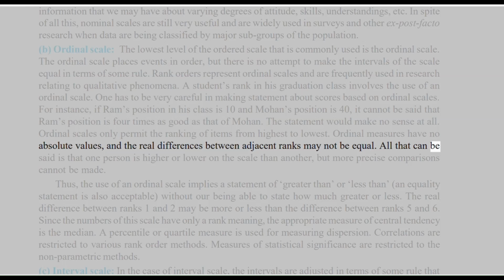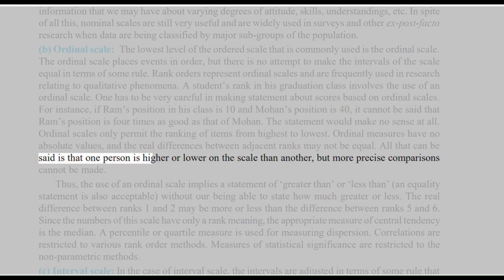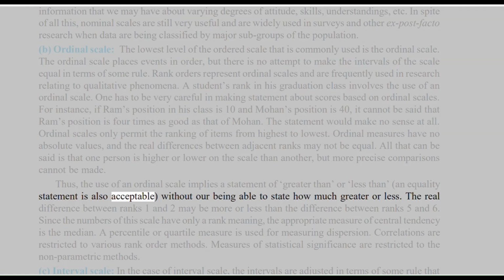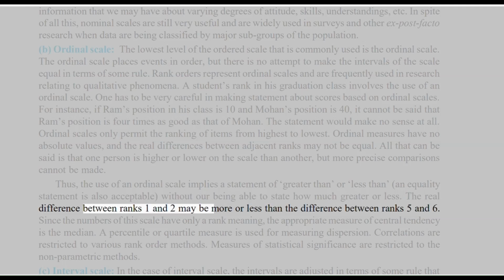All that can be said is that one person is higher or lower on the scale than another, but more precise comparisons cannot be made. Thus, the use of an ordinal scale implies a statement of greater than or less than. An equality statement is also acceptable without our being able to state how much greater or less. The real difference between ranks 1 and 2 may be more or less than the difference between ranks 5